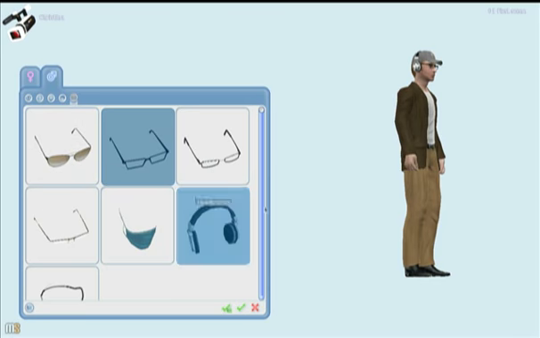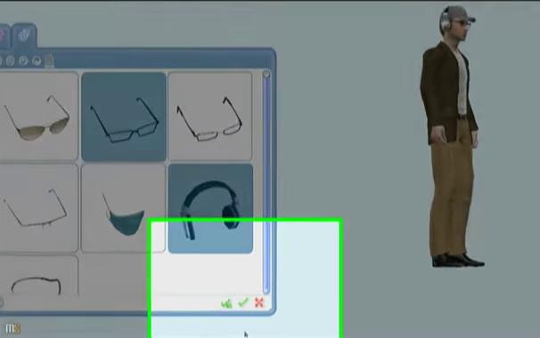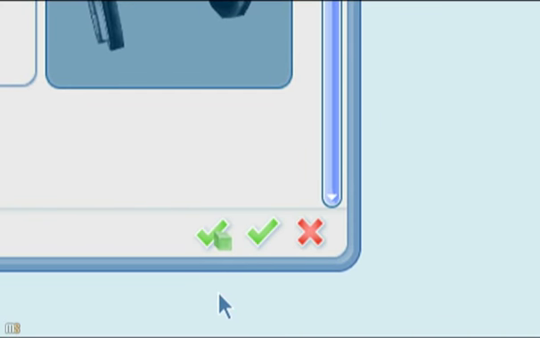When you've finished making changes to your character, you can choose to either save the character to stock or directly back to your movie. If you want to save the character to the stock box, use this icon here, the green check with the green box in front of it, and that will save the character out to stock and make it available for use in any of your movies from now on. If you want to just save the changes to this particular movie, use the standard green check there, and that's what I want to do in this case. So I'll just click Keep Changes,